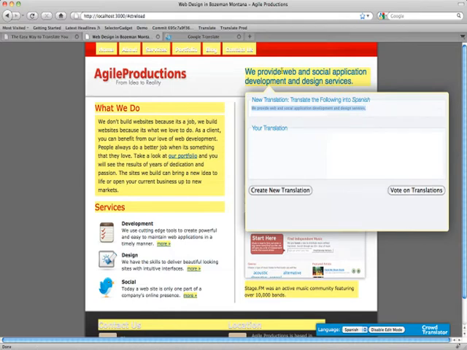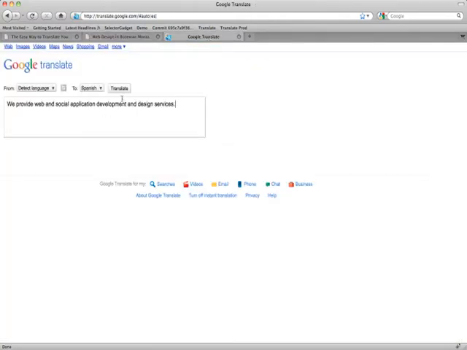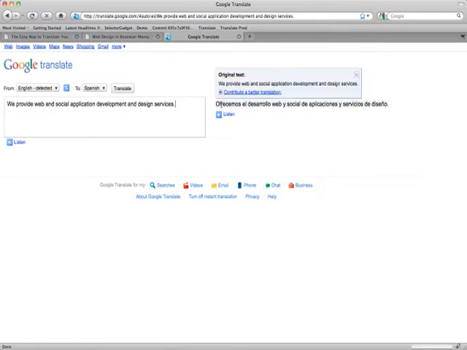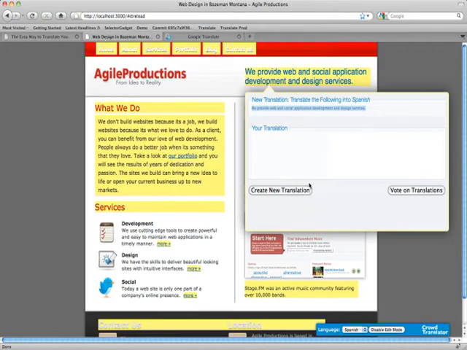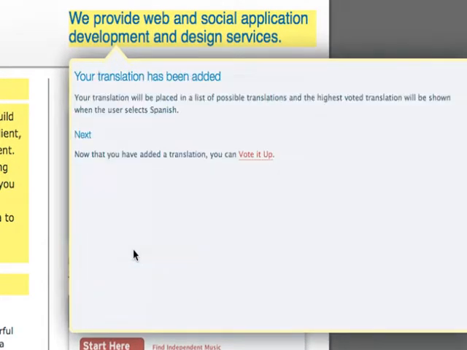and I can go ahead and select section, the text from above. Since I don't speak Spanish, I can dump it into Google Translate just as an example, and then I can paste it back in, and then I can go ahead and say create new translation. So that gets added,